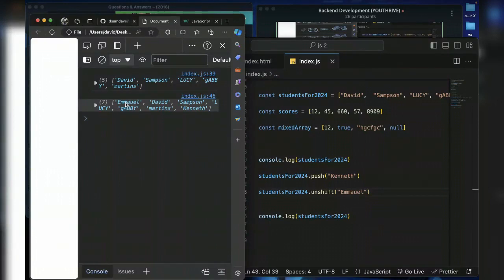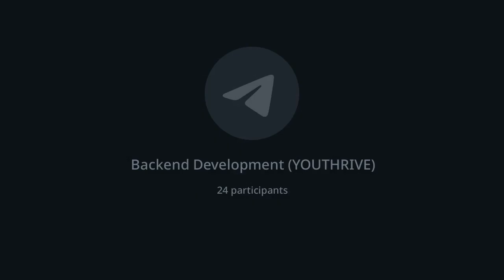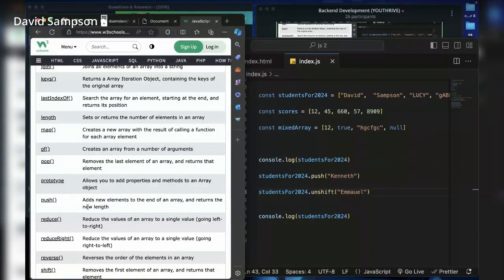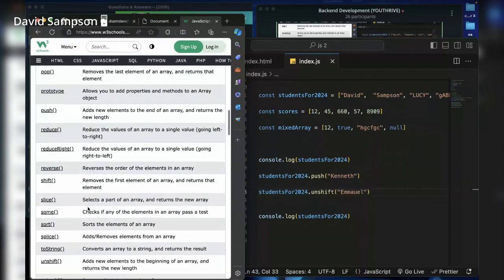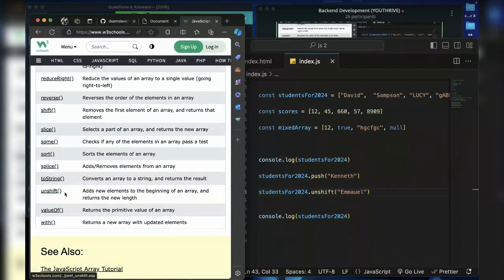Now you don't have to cram this. That is why you have this documentation. Unshift is here. Unshift adds a new element to the beginning of an array and returns the new length. So with unshift we add it to the beginning of the array. Then here you have push, which adds a new element to the end of an array and returns the new length